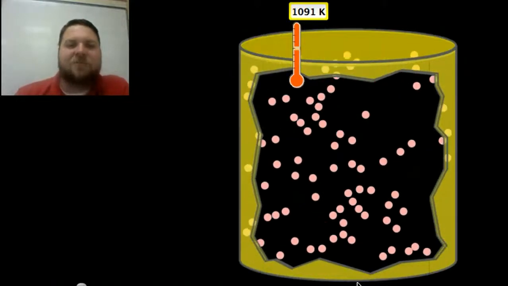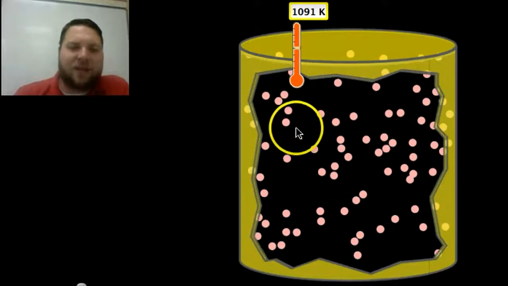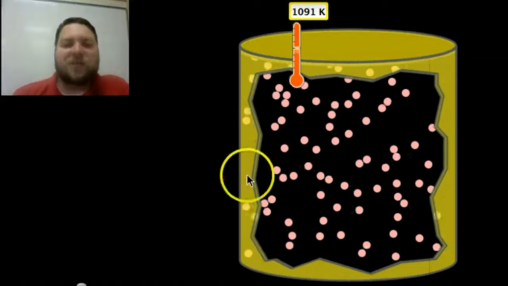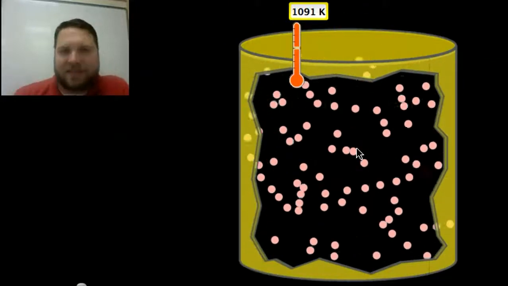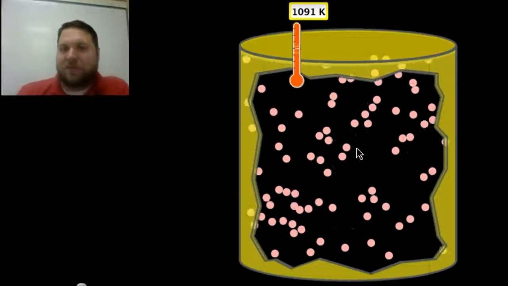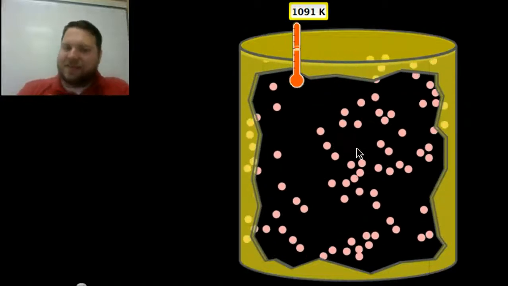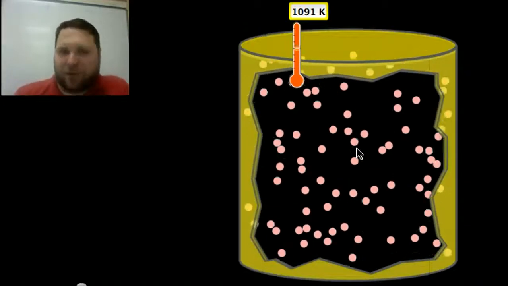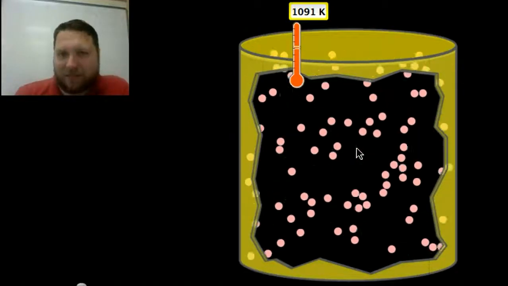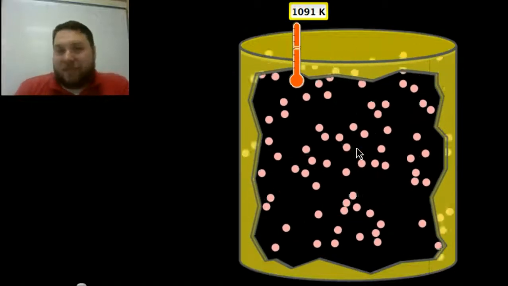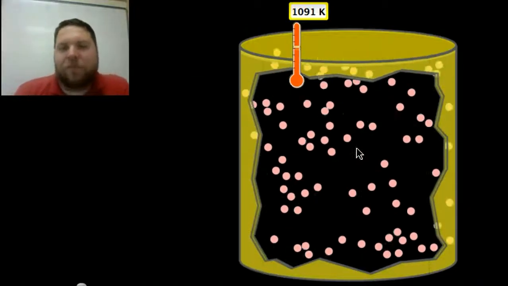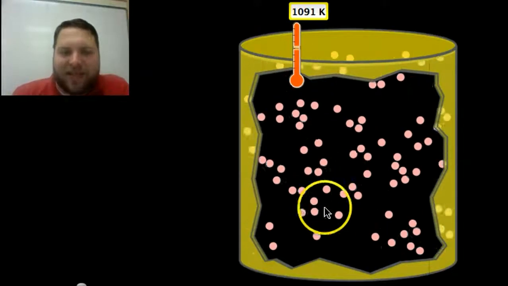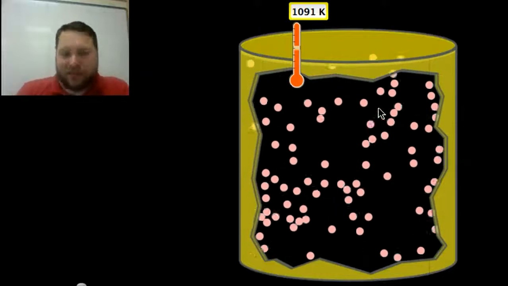And a plasma is what happens when these atoms are moving so fast and hitting against each other so hard, and there's so much energy within that atom that the atom itself breaks apart. Now I know I told you earlier atoms don't really break apart, right? But this is just a useful model for us to use. Atoms in fact do have different parts, and they can be broken apart. It's just that for right now, all the chemistry that we're learning, we can learn thinking of an atom as something that can't be broken down. But when you heat a gas up far enough and you give these atoms enough energy, the atom itself does break down into different parts.